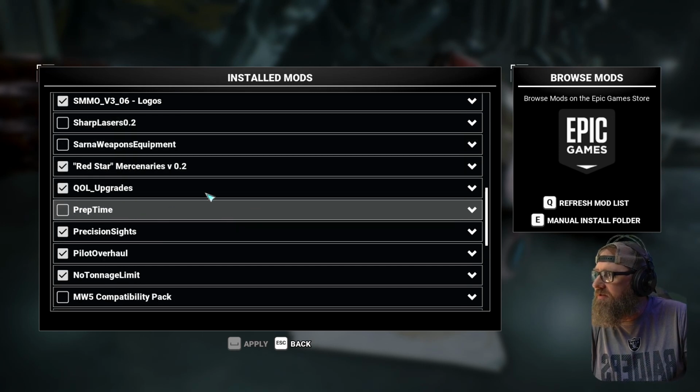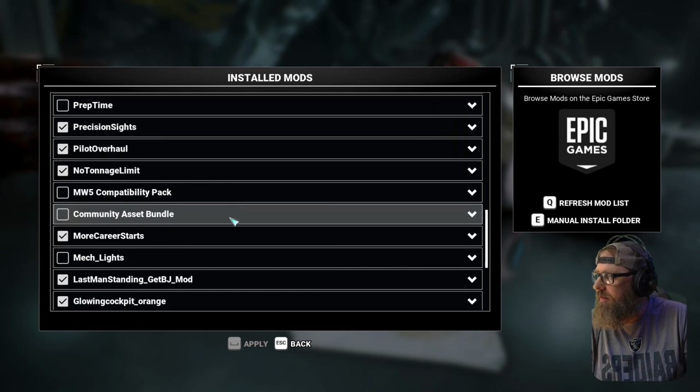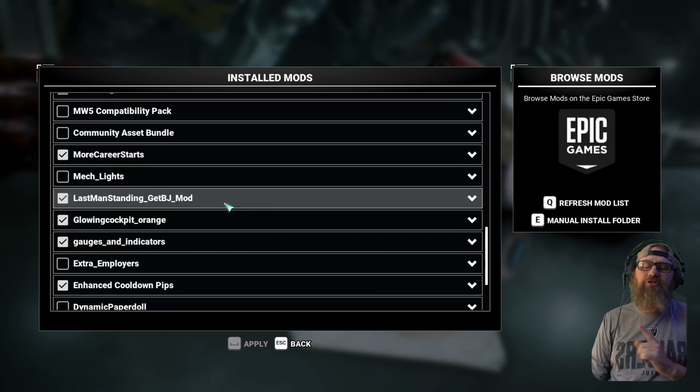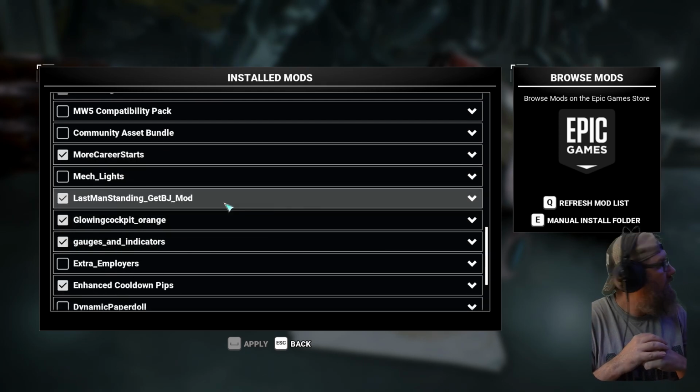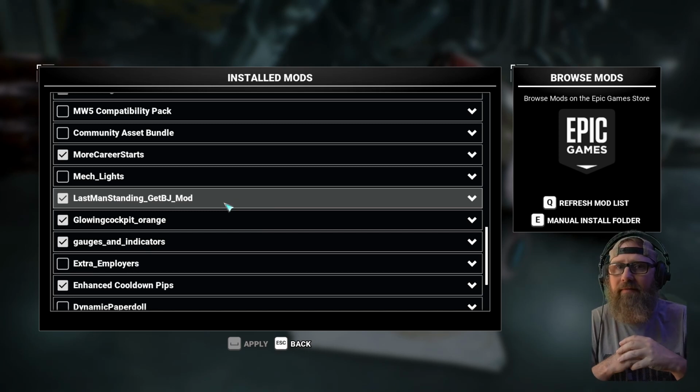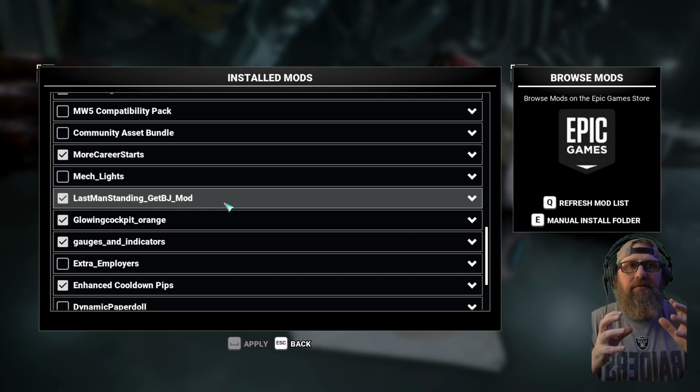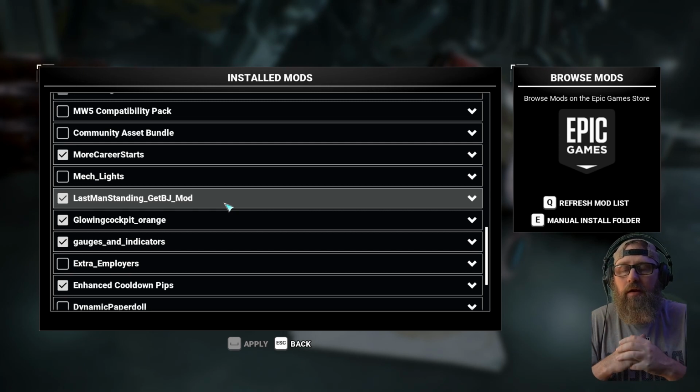Got Red Star Mercenaries turned on, QL upgrades, Precision Sights, pilot overhaul, no tonnage limit, more career starts, Last Man Standing. Now, I don't know for sure if Last Man Standing is going to work. I'm going to go ahead, and I'll leave it where I'm at for the moment. Last Man Standing is the mod that lets you get, if you're playing through the actual campaign, you have a